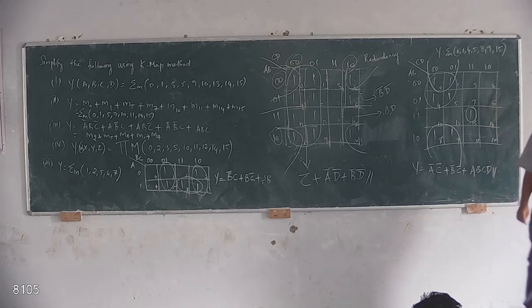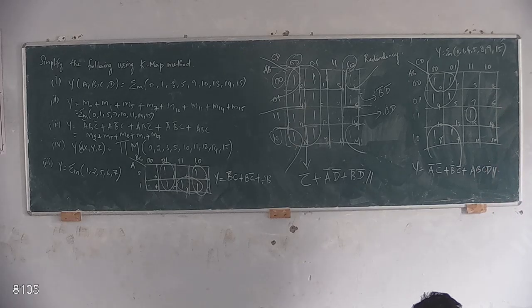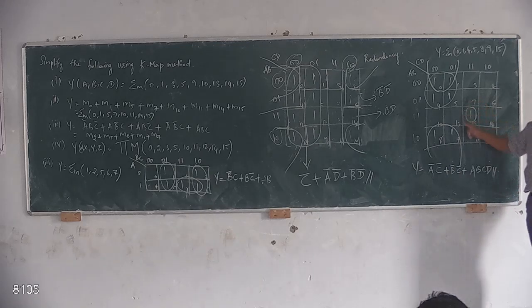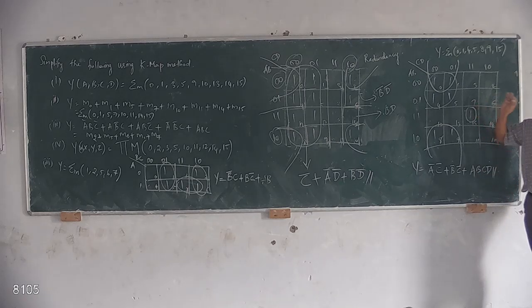So if you left out a one also, we need to combine that one. Okay, that is the last step. If any pair is not available, we need to combine that one also. Don't leave it. If there is no combination of adjacent cells, don't leave that one as it is. We need to write that value also.